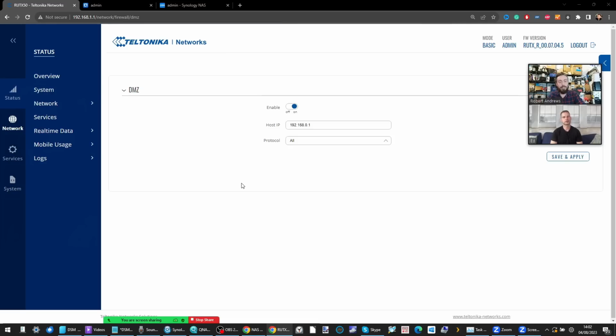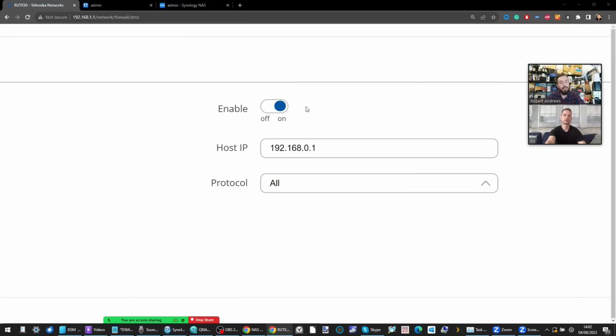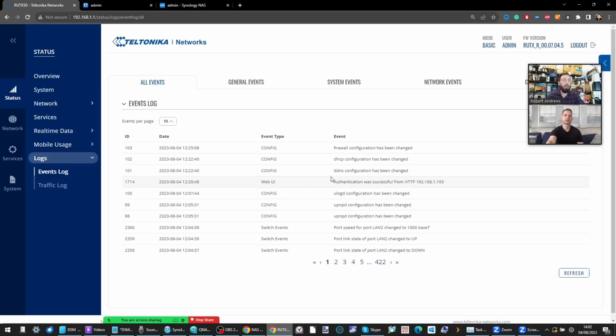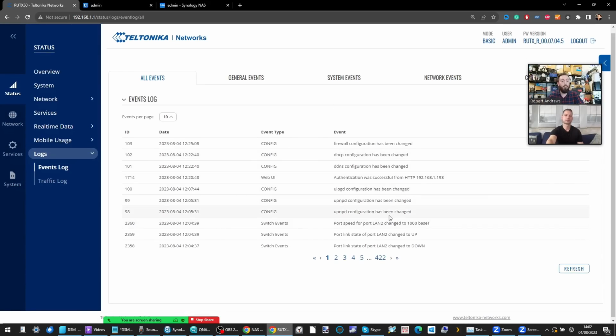Lovely stuff. So the first thing we did immediately is we put on DMZ. For those who aren't aware, demilitarized zone is effectively one of the ways in which you can make your router an absolute open door policy. We've not restricted any protocols. We've set this up to be comically easy to access. On top of that, again, we will be monitoring the logs on this device later on, and as you can see, we've already enabled quite a lot of dangerous stuff there in the interim.